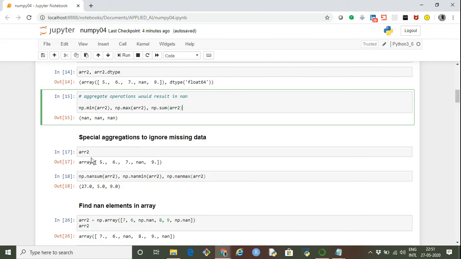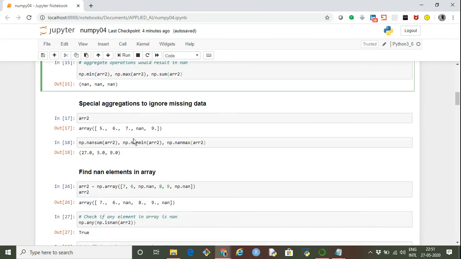Now, there are some special aggregate functions which can perform operations on the given array by ignoring the missing data. So let's say we have an array and it has one element as nan, and the rest of the elements are values. Now we want to find the sum of all these elements ignoring the nan. So we can use np.nansum. It simply sums it up and gives the result. There is np.nanmin, which finds the minimum of these, which is 5.